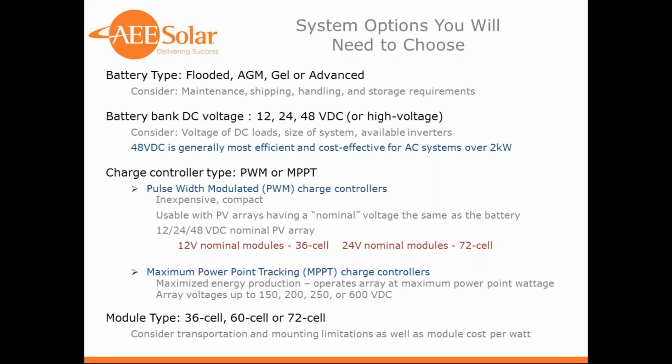So for instance, a typical 80 amp charge controller will do roughly 2 kilowatts of PV modules at 24 volts. But it'll do 4 kilowatts at 48 volts. So if you only had